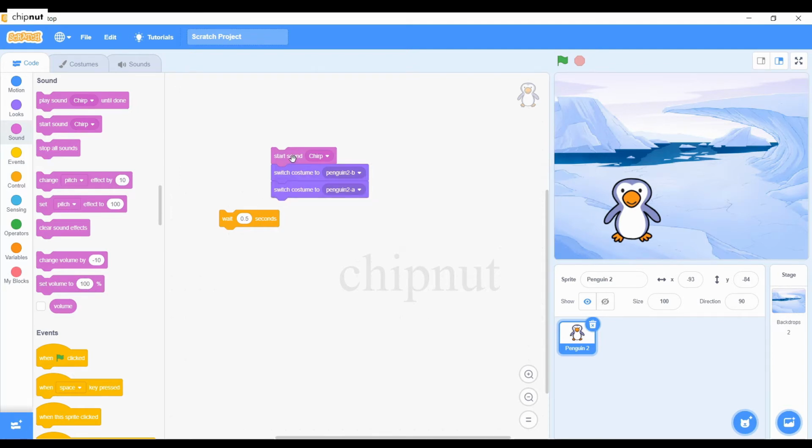Are you able to see the costumes changing very fast? And we are not able to see that change. The computer executes instructions so fast that it is difficult for us to perceive the change. That is the reason we use wait block. Wait block helps to pause and the costume does not change quickly. We can perceive the change. Increase and decrease the wait time and observe the character.